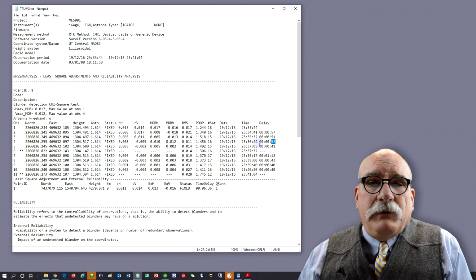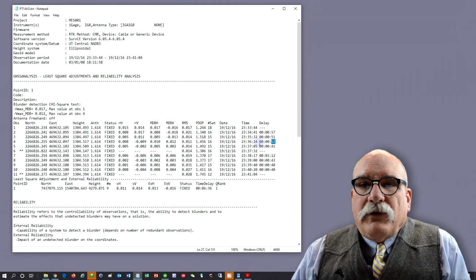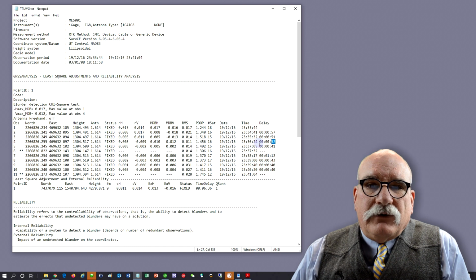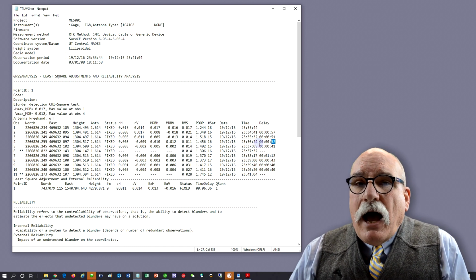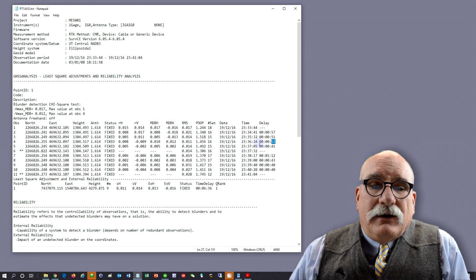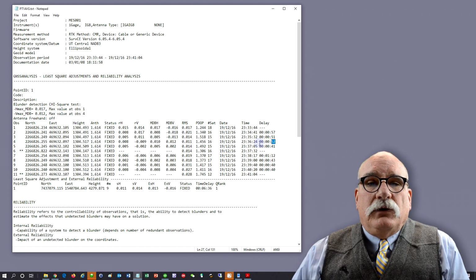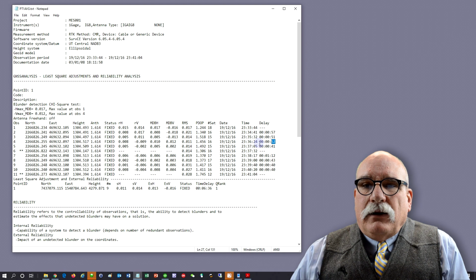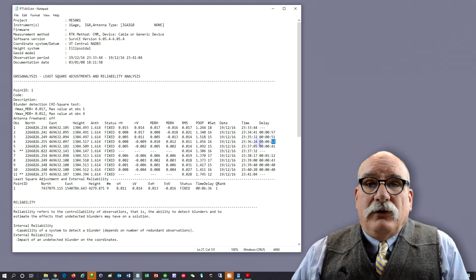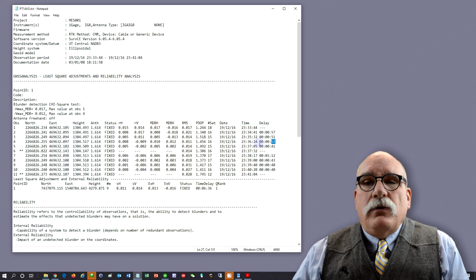This delay is important. The people who wrote this want you to occupy a point multiple times over a very long period. So morning, afternoon, next day morning, next day afternoon. I don't think that waiting that long is necessarily required. The reason is that satellites are moving through the sky pretty quickly. And the thing that's keeping us from getting a good solution is not the satellites or their position. It's the trees or the canyon that we're standing in. So if we could move out in the open, we wouldn't need to do this,